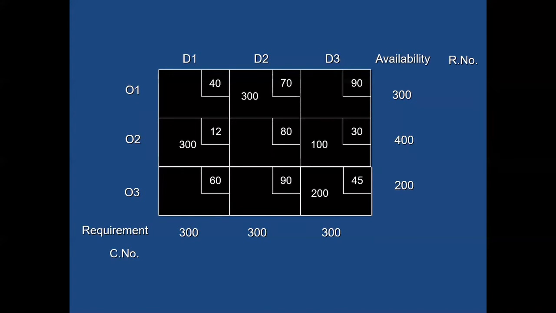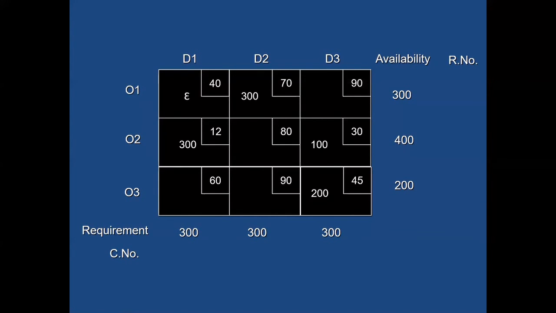Okay, but where do I add this epsilon? The epsilon has to be added in the empty cell or the unoccupied cell, which is having the least cost. Okay, and the least cost is 40 in this example here. So O1 D1 has the least cost and it is unoccupied. So I can add an epsilon here. So this is my epsilon. Once I add the epsilon, the number of allocated cells are now 5, and then we come to the initial